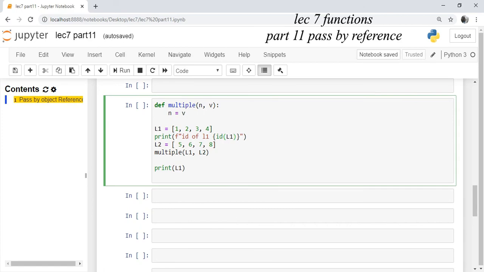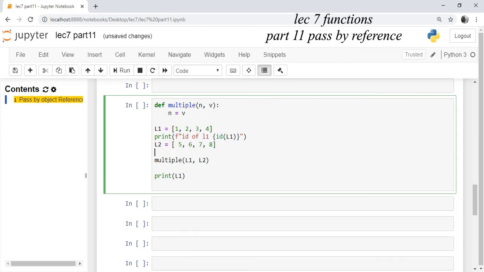This must be one unique value, the address of L1. Again we use the print statement. We print the id of L2. This is a unique address.